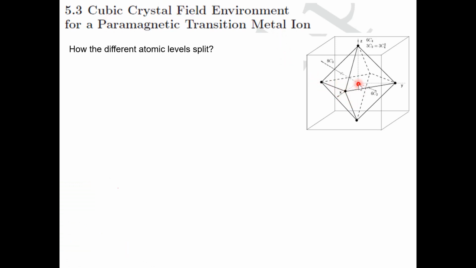So if I place an atom in the center of, for instance, a site in which I have cubic symmetry, this is also known as an octahedral symmetry, because all the first neighbors form an octahedron around the impurity atom. And so what we want to do is to see how the different atomic levels split. In particular, for this case, it's interesting to study how the D states, which are initially 5-fold degenerate, split